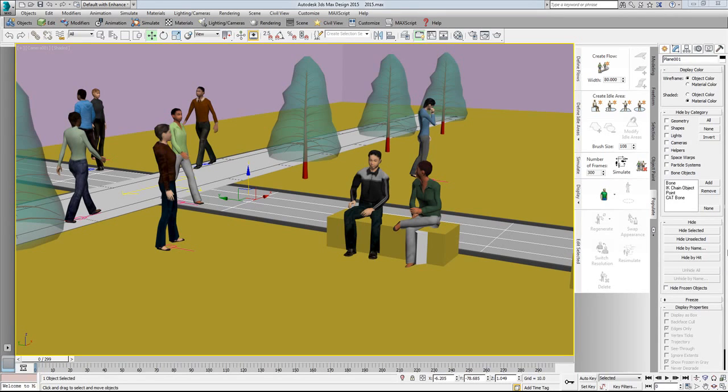Today I will show you the new features of 3ds Max 2015. A lot of features have been added in 2015. It's absolutely stunning. Some of those features are very useful in walkthroughs and any other simulations we do. So today I will show you how to get the maximum output from the Populate feature. So let's get started.